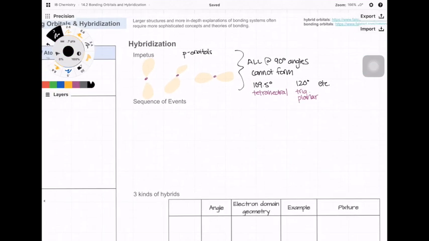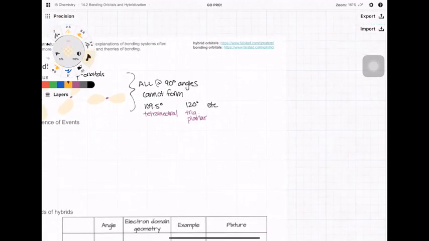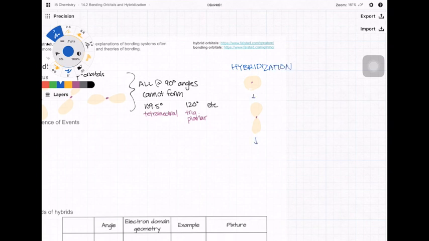And so this idea of the p orbitals being at 90 degrees really puts an issue into this idea of molecules forming bonds at not 90 degrees. And so hybridization is this idea that the s and the p and other orbitals, but specifically the IB wants you to know that the s and the p can combine to create a hybrid orbital. So an orbital that is formed of both the s and the p shape. And what you get when you mix the s and the p shape is actually a hybridized orbital. In this case, I've drawn the sp3 hybridized, and that can form that